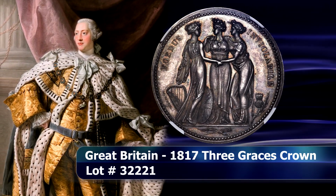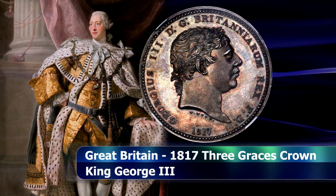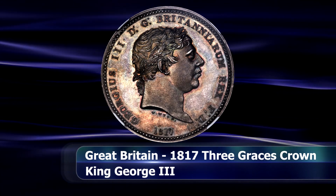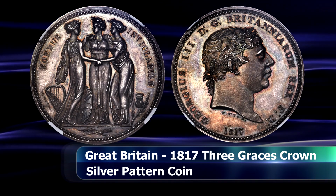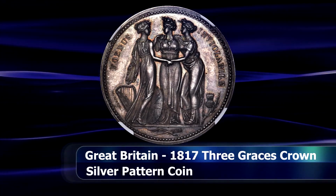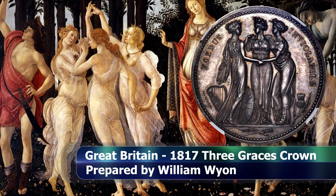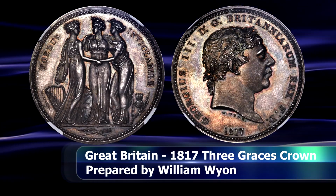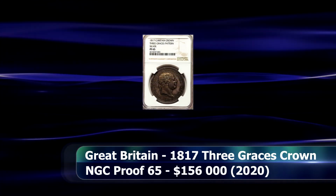Now, one of my all-time favorite coins is this particular pattern 5-shilling coin from the reign of King George III, produced as a proposed new circulating design following the Great Recoinage of 1816, and featuring a masterful rendition of the Three Graces by William Wyon, already displaying here the early glimpses of the unique talent that he possessed. The Graces here stand in for the personifications of the triunion of England, Scotland, and Ireland, locked in a warm and familial embrace, forming the inviolable pact that is today known as Great Britain. Graded as Proof 65 by NGC, it amassed a final price of